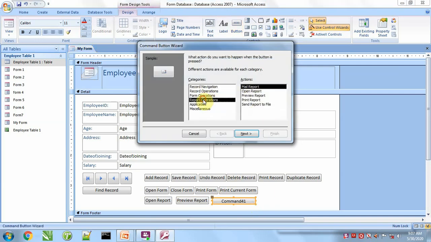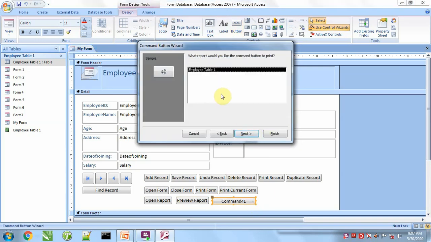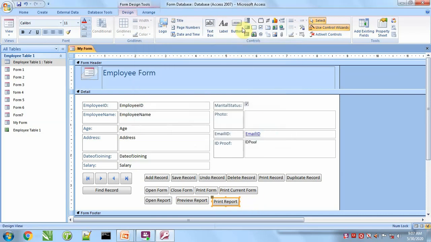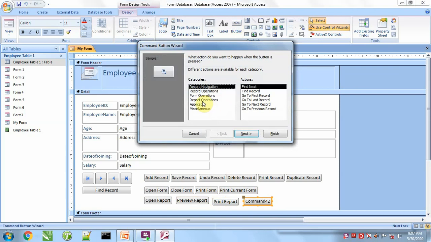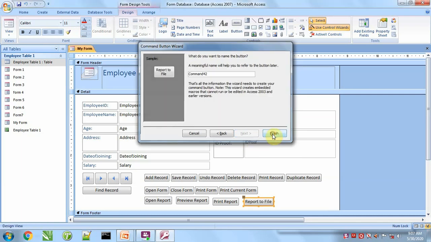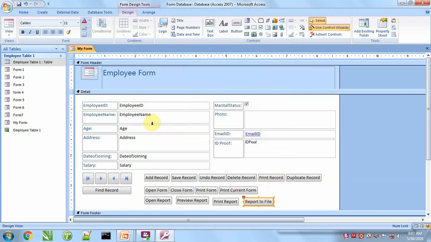Next is print report. Next is send report to a file. It will convert the report into a file. We'll see these practically.